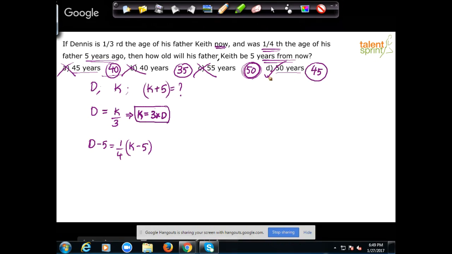When you do it yourself, you know that the options are K plus 5. So K can be extracted from the options. And you know that K has to be a multiple of 3. So I look at option 1, 45, which means K will be 40. Is 40 a multiple of 3? No, eliminated. 40. So K is 35.